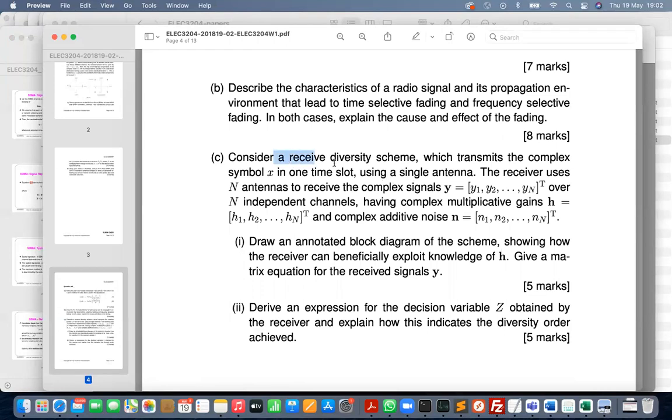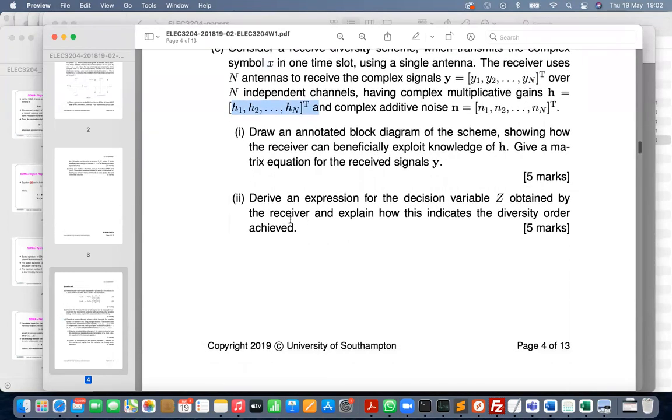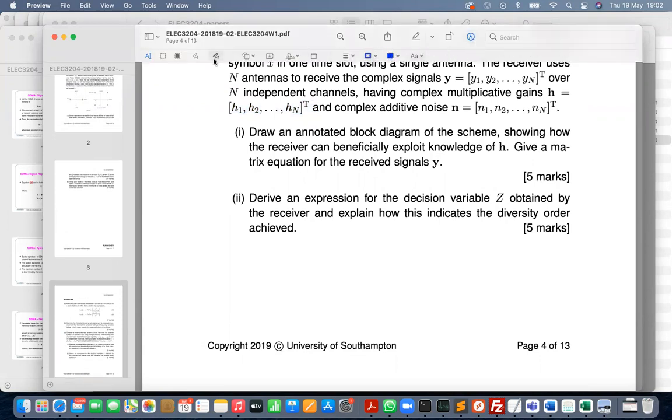So this is a receive diversity scheme where you transmit a single symbol, and then the receiver receives n replicas, and then you have these signals. So you need to draw a diagram. So basically you have one transmit antenna and then n receive antennas. Okay. And then what you received is